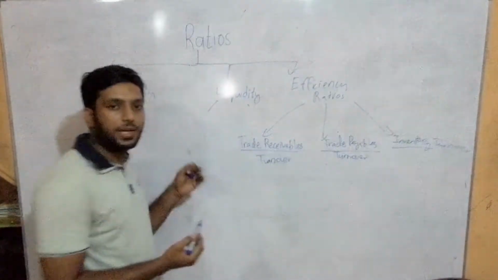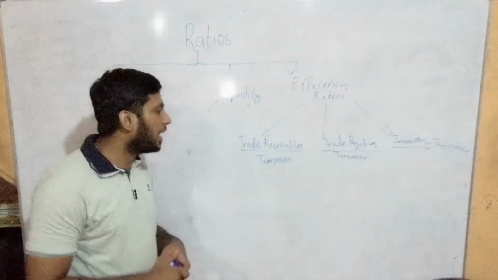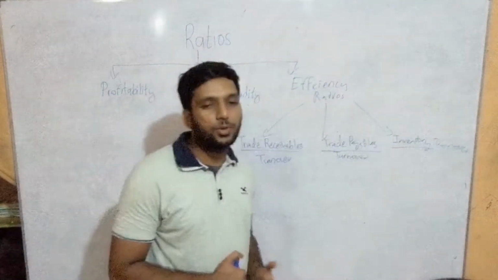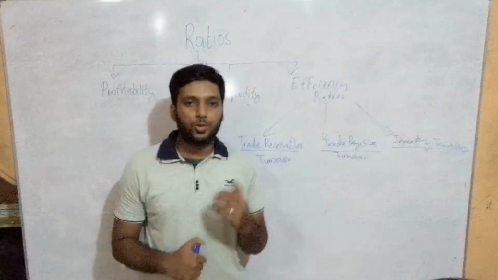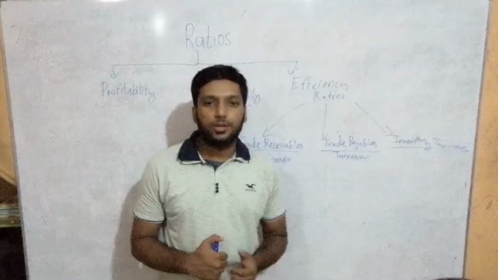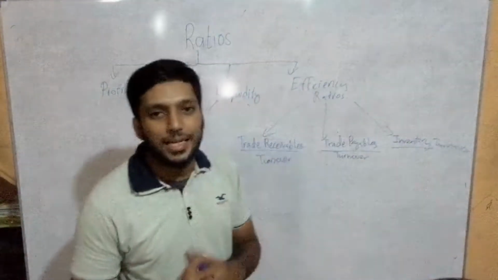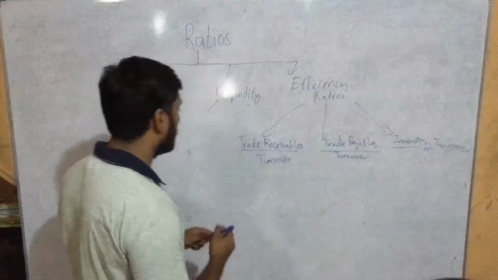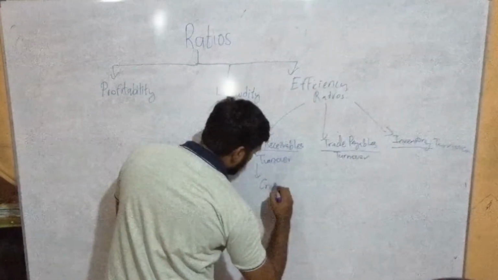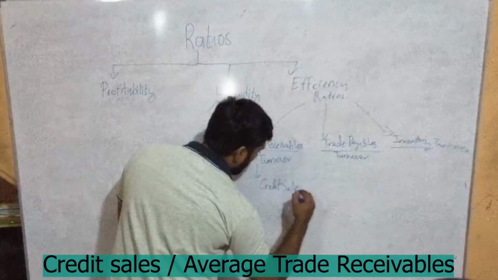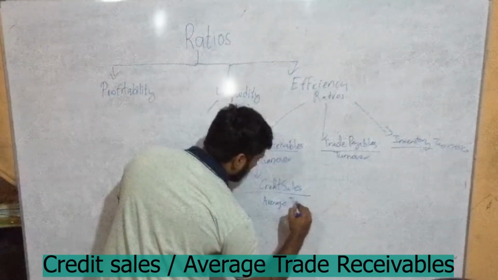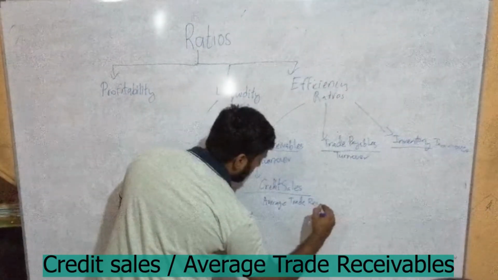So when it comes to trade receivables turnover, you need to understand that it represents how fast you can make good sales. If they ask in your exams what is trade receivables turnover, you should be able to say how quick you can make the sale and how quick you can convert your sale into cash. That's what we say, trade receivables turnover. Now when I move on to trade receivables turnover, you know this formula. It's credit sales divided by average trade receivables. Okay, so easy.